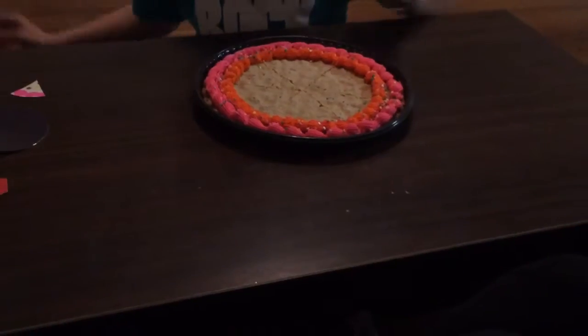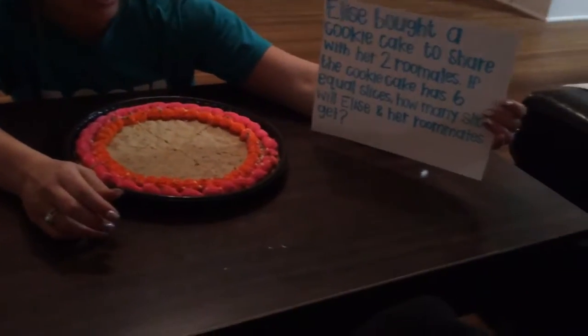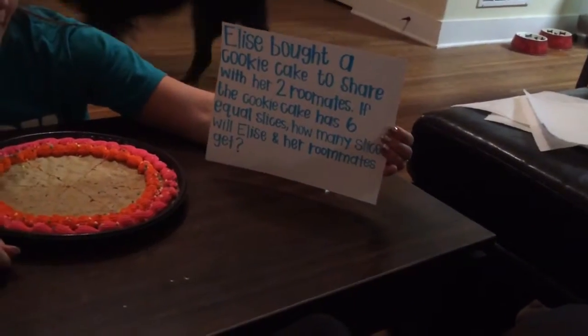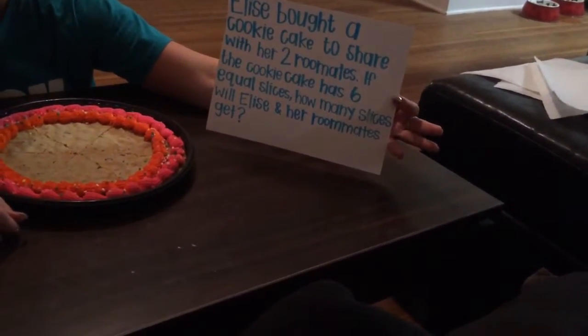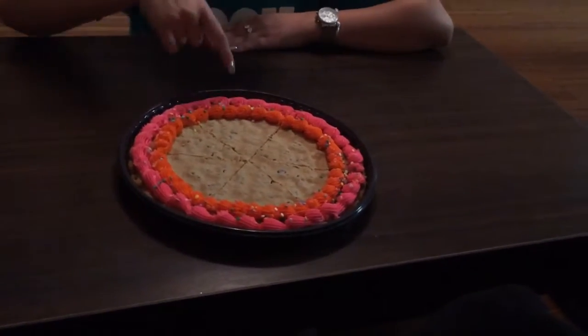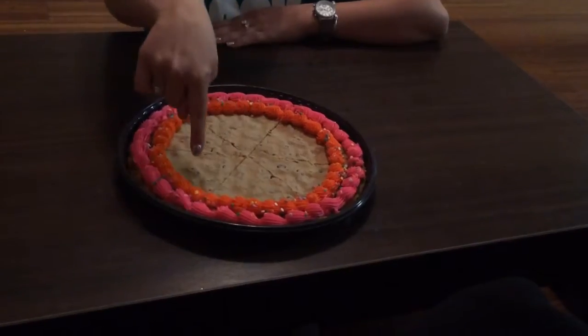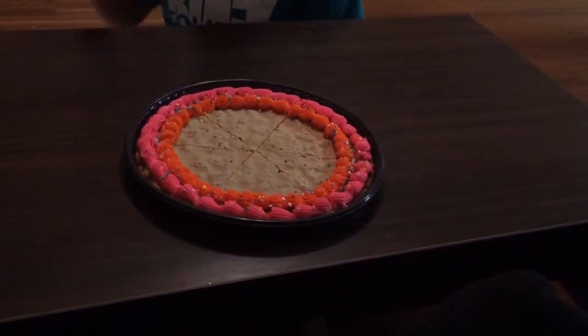So here is our word problem. Elise bought a cookie cake to share with her 2 roommates. If the cookie cake has 6 equal slices, how many slices will Elise and her roommates get? So looking at the cookie cake, we have 6 equal slices. 1, 2, 3, 4, 5, and 6. And here are Elise's roommates. We have Elise,